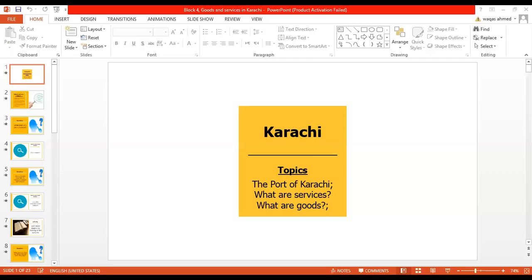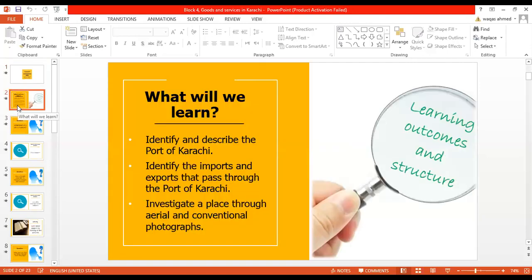About more about Karachi, the port of Karachi. So this is a very interesting topic, boys. To be honest, I would say that this topic is really serious to discuss. The port of Karachi, and inshallah, in this topic, we'll be discussing things like we'll be able to describe the